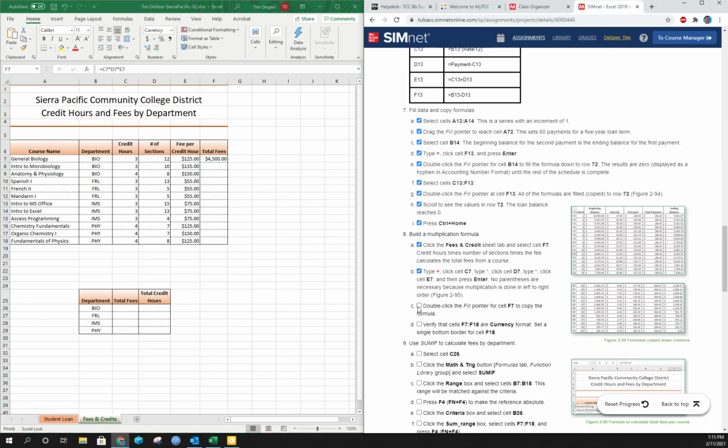Equal this, and then we want to double click the fill pointer to copy that down. And so we just copy that right down. It knows to go incrementally as we go down with our formulas. If you look up here,